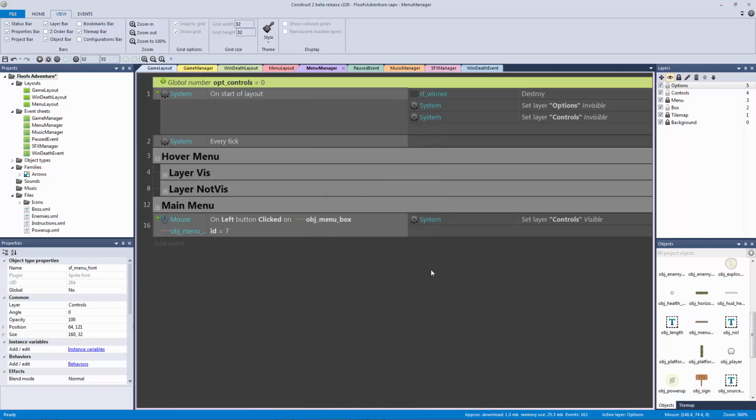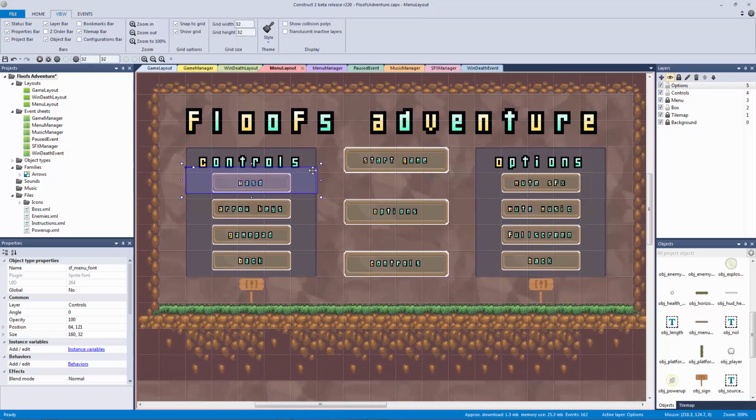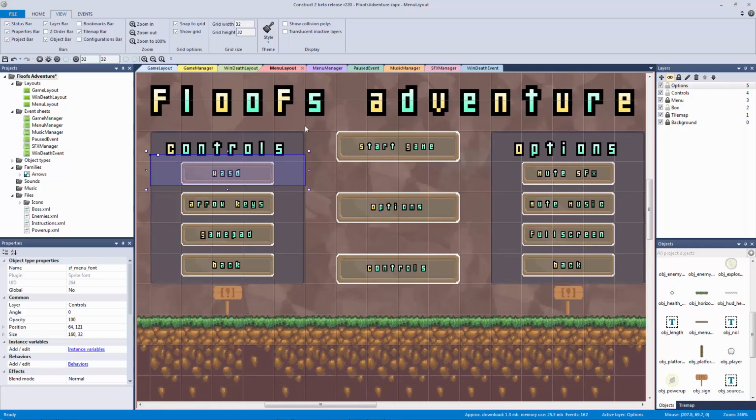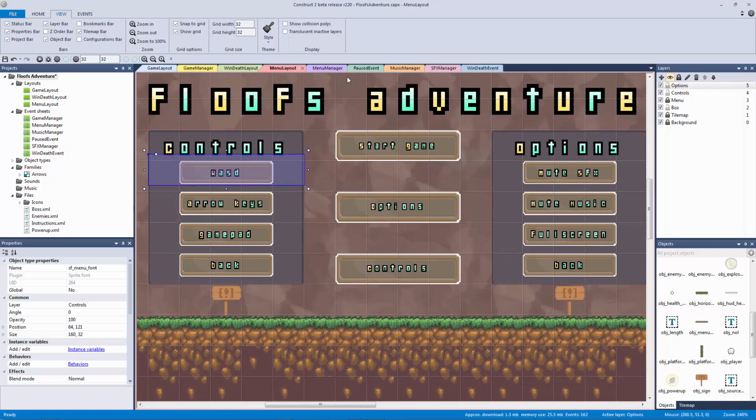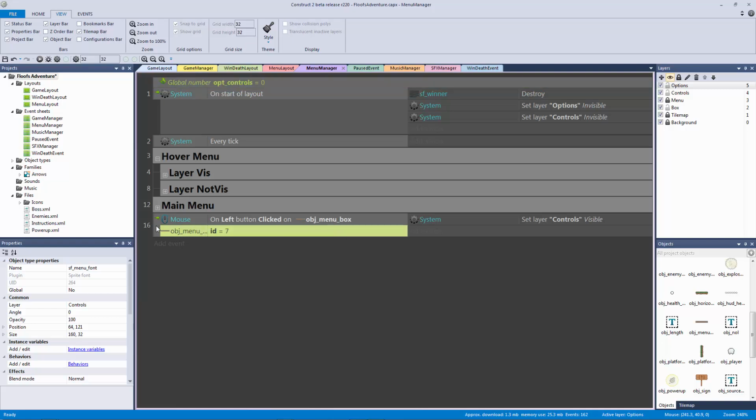This is going to be really important to saving to local storage, because this is from our controls menu, not from our options menu. Technically it's an options menu, so I called it option controls. It's kind of redundant, but from our menu controls, it would be a better name for it. What we're going to do is set it to whatever it is. This is going to be for WASD,